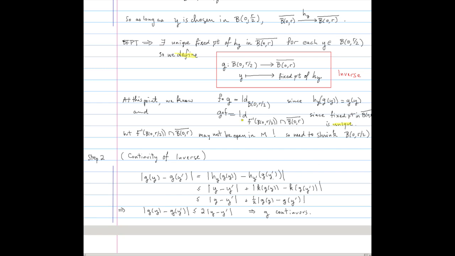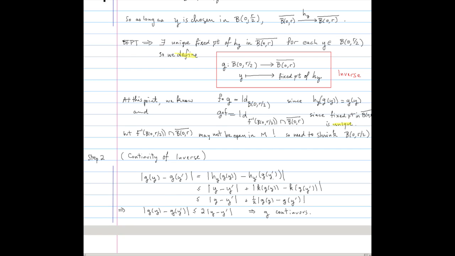Okay, but the problem is that what we wanted to prove for the original theorem is that we need to show that there are open subsets surrounding P and Q, so that F has an inverse on these open subsets. But the problem is that we're dealing with this closed ball, and so we are not guaranteed that this subset where we have this inverse relationship, although it is open in this closed ball, may not be open in the original manifold. So the idea is that we want to,